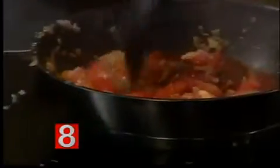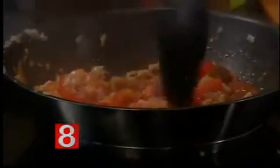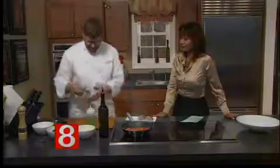All right, this is all natural. You're using all ingredients from the market. And ingredients that we can find easily right now. Exactly. The shallots I got at the market, the tomatoes and garlic actually came from Michelle's garden, along with the...